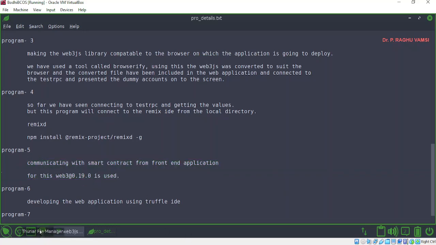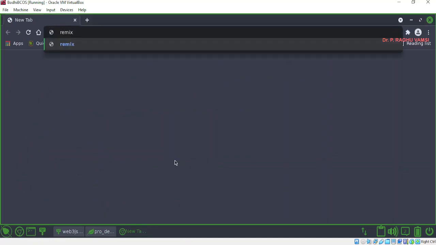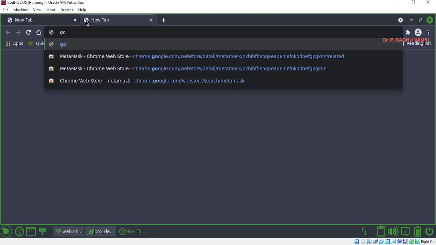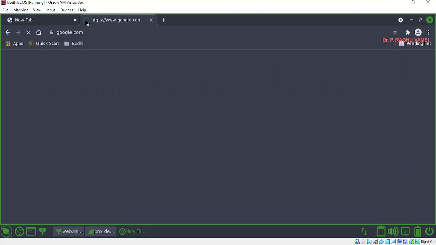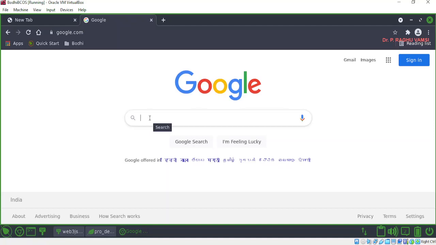Out of that discussion, we have mainly focused on the Remix IDE. In the Remix IDE, we have seen several ways to connect with the smart contract, and also the compilation or instantiation of the smart contract using the JavaScript virtual machine and Web3 provider, and there is another option called injected Web3.